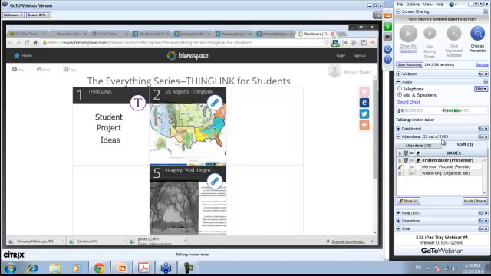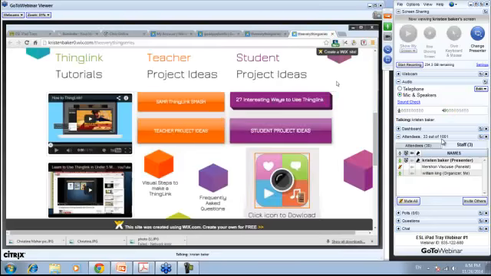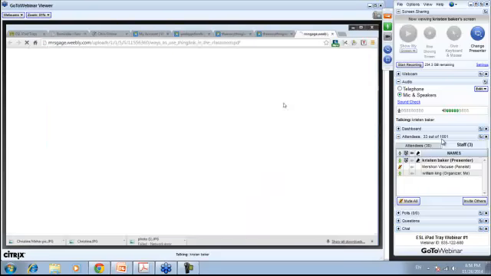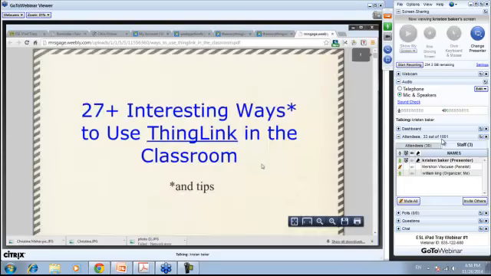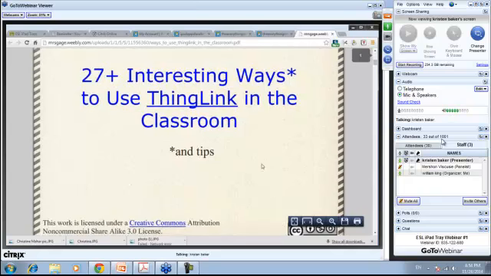And I'll be putting up a lot more project ideas. I have more, but I got carried away playing with ThingLink, and I didn't get as many project ideas up. But this 27 interesting ways to use ThingLink is a slideshow that has a lot of information